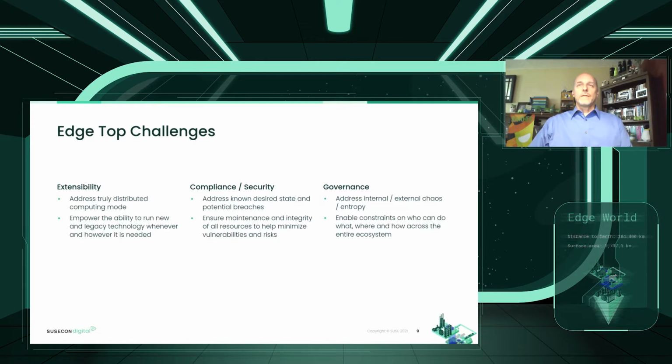So first off, let's talk about the category of extensibility. As you've noticed, this is truly a distributed computing mode. You have devices from any place across the world that you need to deal with, okay? And you have to empower that to run. Sometimes you hope that you can do greenfield and new applications, but you still have some legacy technology wherever. And I always talk about this as an example of a lily pad. You need to move from where you're at forward to the next lily pad to get you to where you want to be in the future.